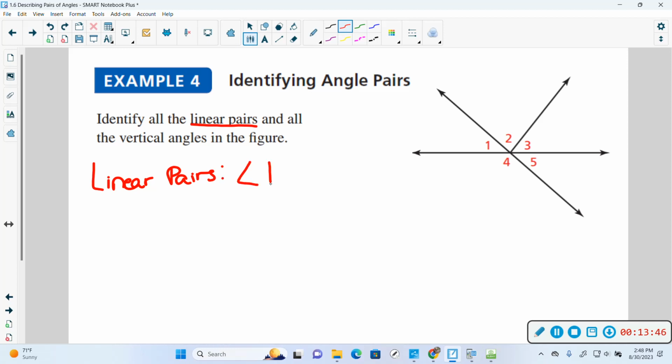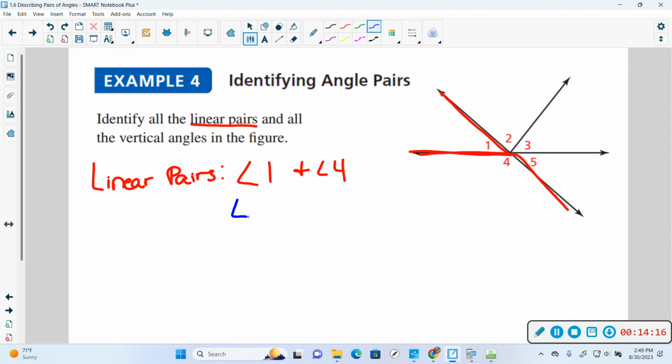What would be the other angle that's next to it and makes a line? And they share a side. So I'm looking at 1. What angle is next to it, shares a side, makes a line? Jordan, say it. 4. So they have this common side, they make a line. Okay, okay. Other pair,